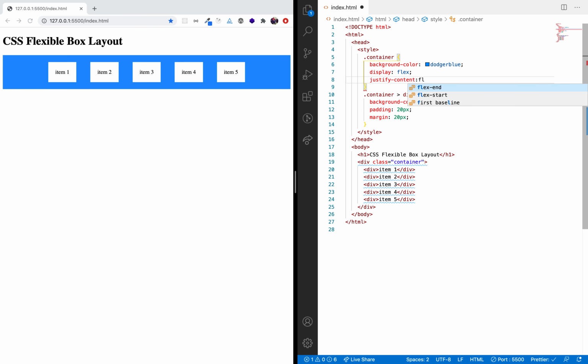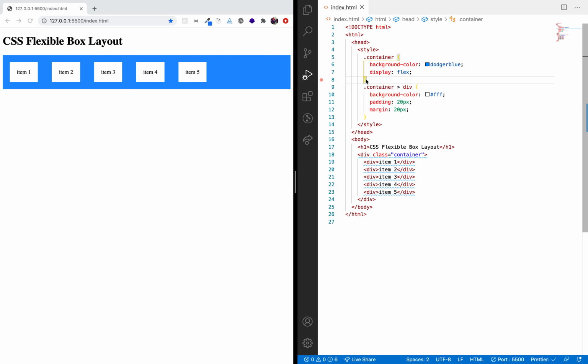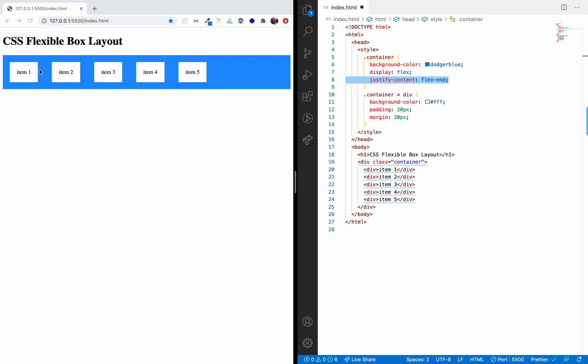Okay, so we have another property here, flex. If I want the content to float to the right, instead of using float we can use flex. By default, if I am not giving anything, the content will always be flex-start. It is the flex-start property, which will make the content come from left to right. Okay, let's see what other properties we have.